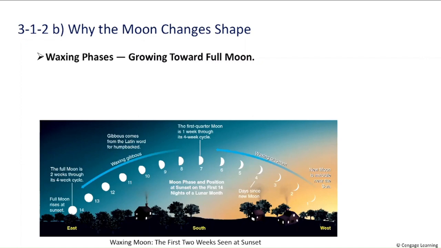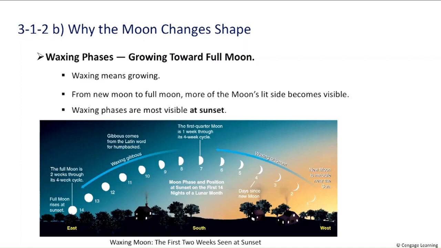So let's look at what the moon is doing during the first 2 weeks of its cycle, what we call the waxing phases. The word waxing means growing, like waxing poetic or waxing strong. Each day we see more of the lit side as the moon moves away from the sun in the sky. And these waxing phases are visible in the evening. So if you look toward the west after sunset, you will see the moon slowly climbing higher and getting brighter